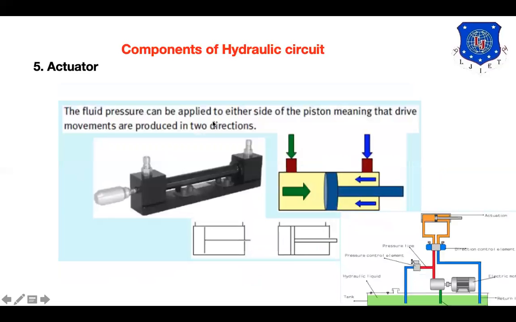Fifth one is the actuator. This is a double acting type of actuator or cylinder. We have a number of classifications of actuators or cylinders. Right now in this basic circuit, we need to understand this particular actuator. This is a real view of the cylinder. We have two different ports, one at the rod end of the cylinder, another at the cap end, which will drive the piston of the actuator. Based on that, we will get the application at this particular rod end region.